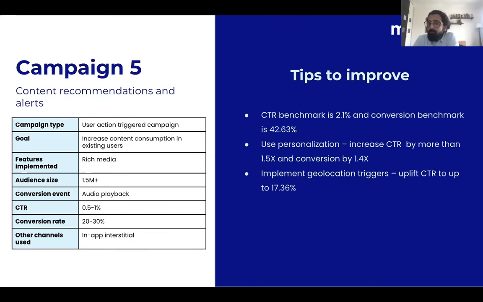We noticed that rich media is being leveraged here, which is great. But I'll say what I've been saying for a while here, and that is start testing. It's great to use images and it's great to use those rich media, but there's also so many types of rich media that you could use. So test it out and see what actually works for what type of content, for what type of artist, and really what type of person listening to this content. So A/B testing, again, something to do.